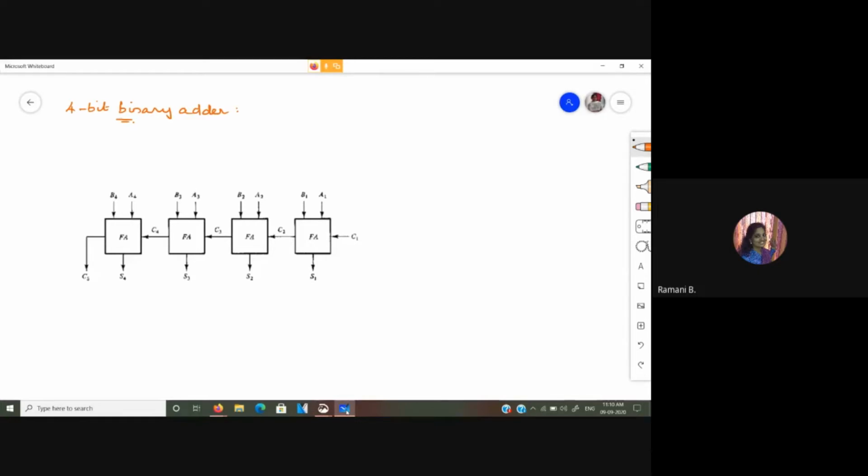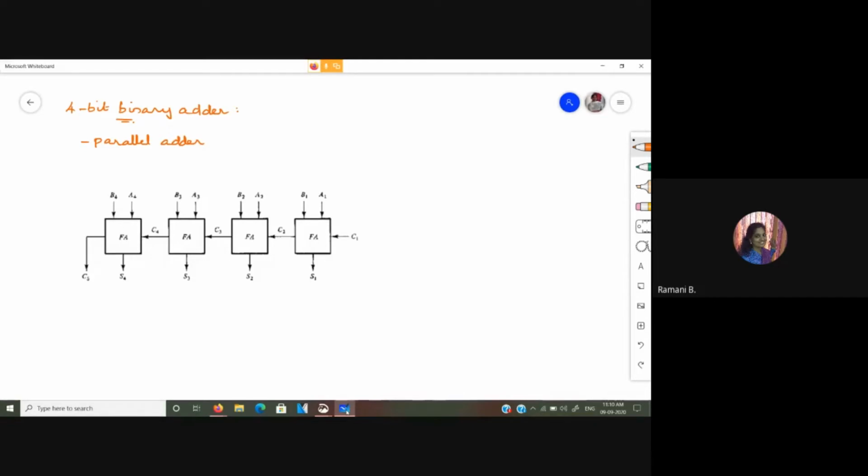Okay. So now we are to see that a single number will not always have a single bit as the input. It will be having more number of bits. So for that purpose, we have to see various adders. So here the diagram shown is an example of a parallel adder. Parallel adder in the sense all the bits in the number are given as input simultaneously.